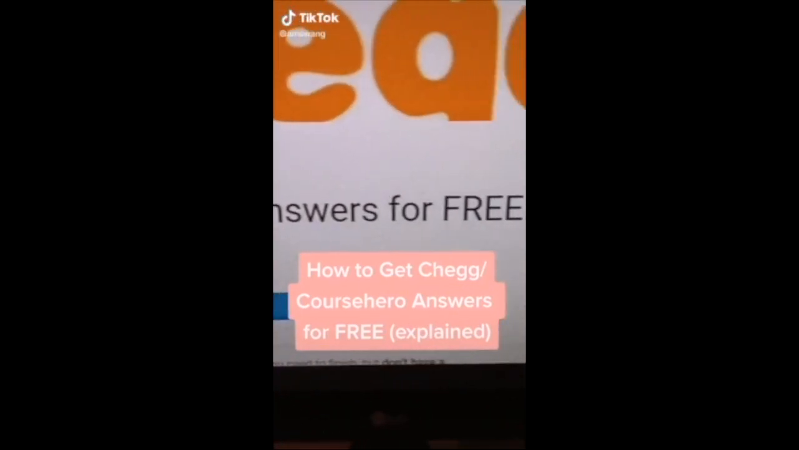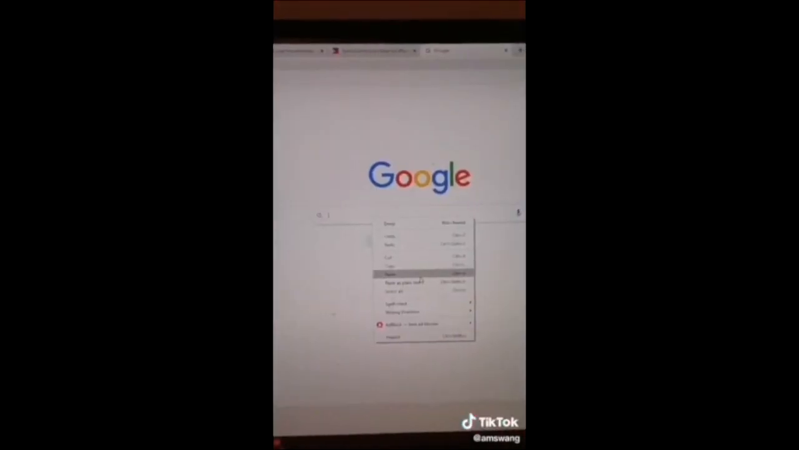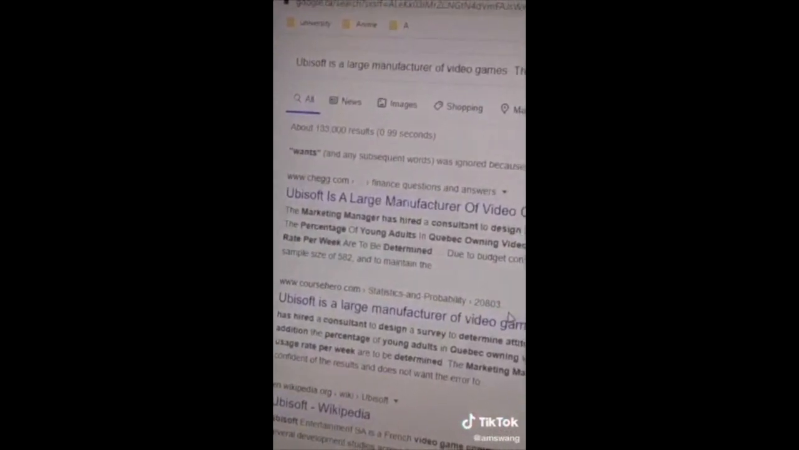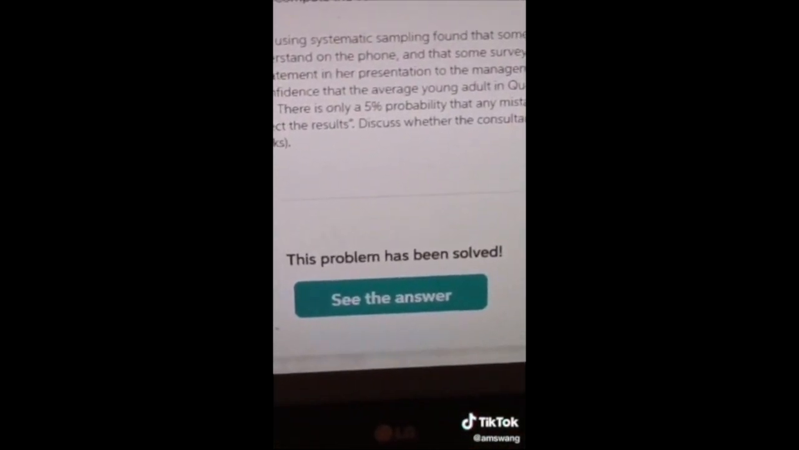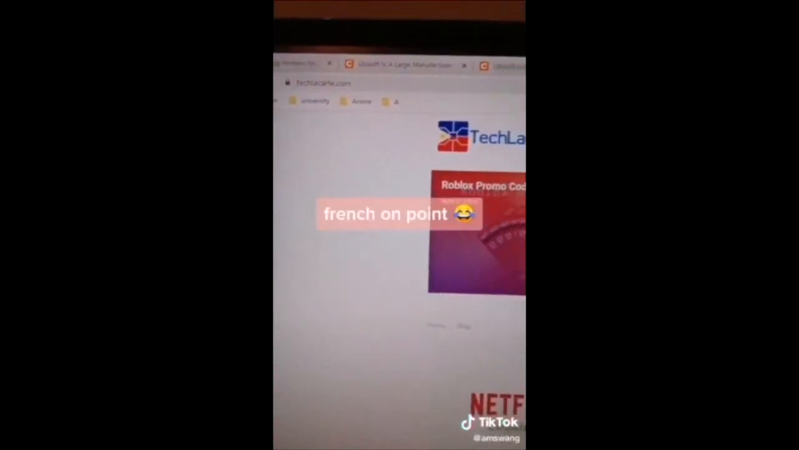How to get Chegg answers for free. First, you want to copy your question from your exam or your homework, and then you just want to copy paste it on Google, and it will give you Chegg or Course Hero or whatever. Then when you click on it, it gives you the answer, but oh wait, you gotta pay 15 bucks for it. Hell nah. So what you want to do is you want to go on tetlacar.com